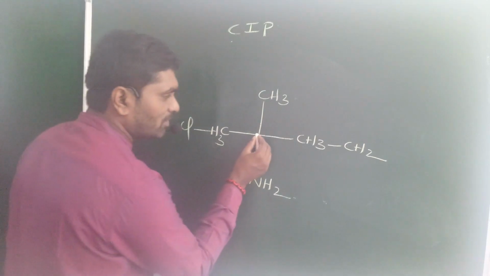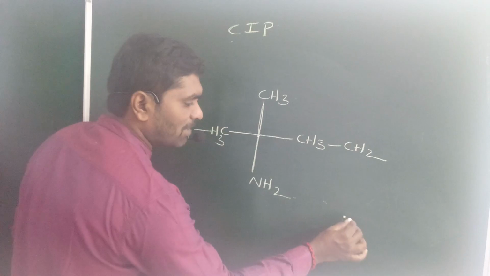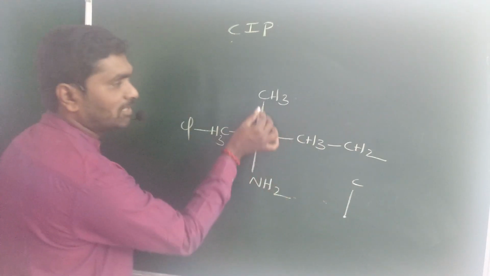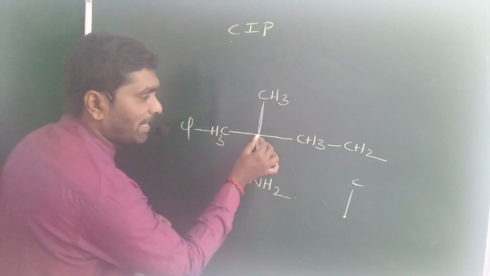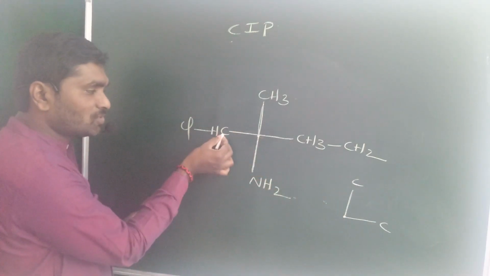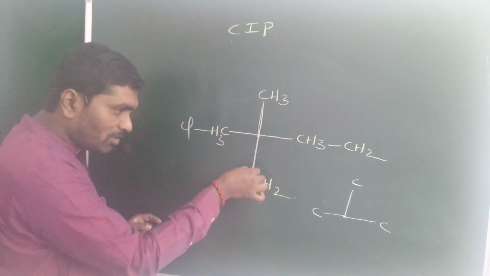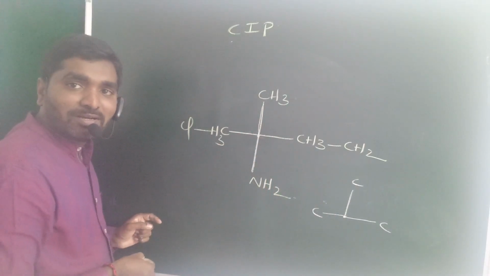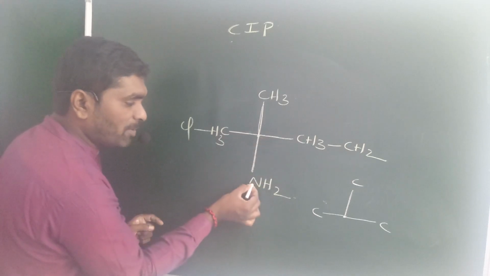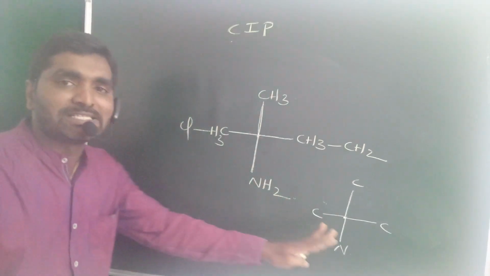First one, look at this. This carbon may be bonded with a carbon atom, the middle carbon atom, which is bonded with a carbon above the plane, a carbon on the right side, and a carbon on the left side. And below the plane, this carbon may be bonded with the nitrogen atom. Okay, the skeleton is like this.